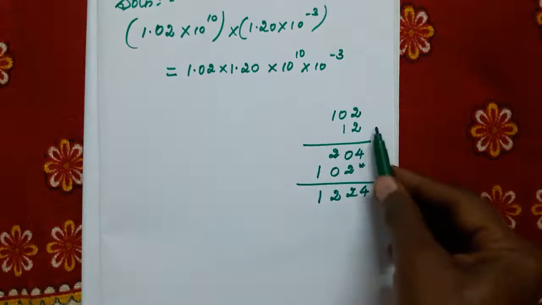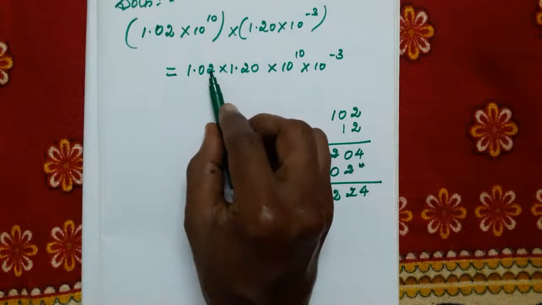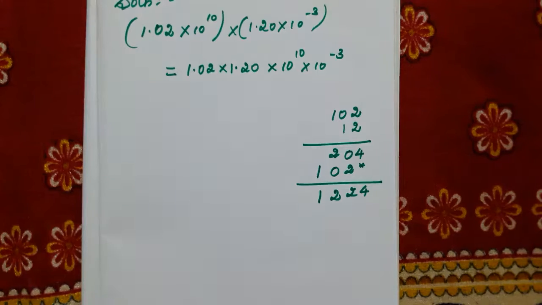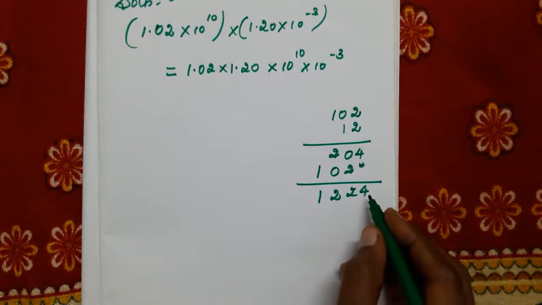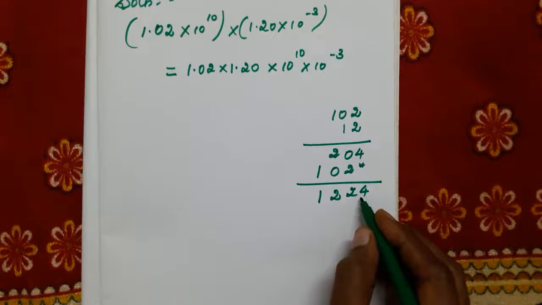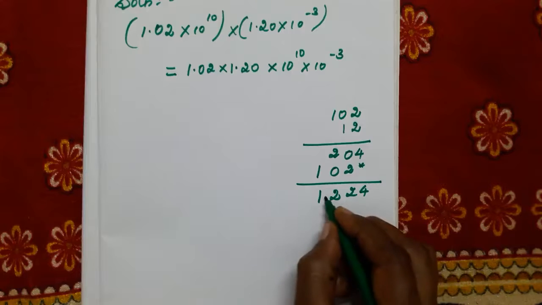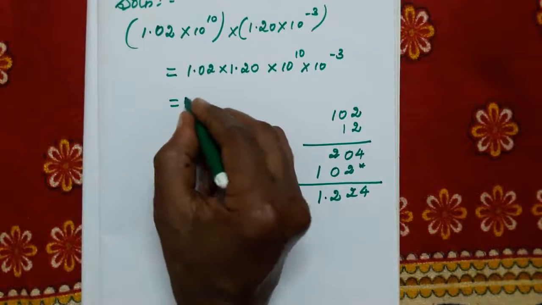The 0 we didn't take when we are multiplying, so we no need to include a fourth digit. Here 1, 2, 3 digits. 3 digits we want to move the decimal point. When we are moving 3 digits left, what are we getting? Here the point will become. So we are getting